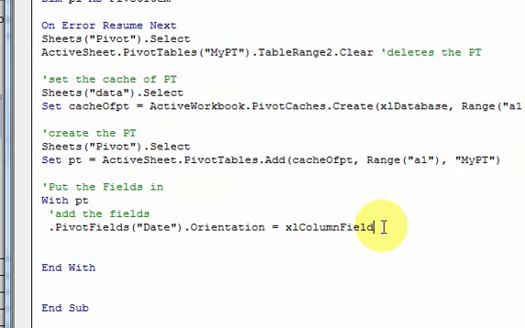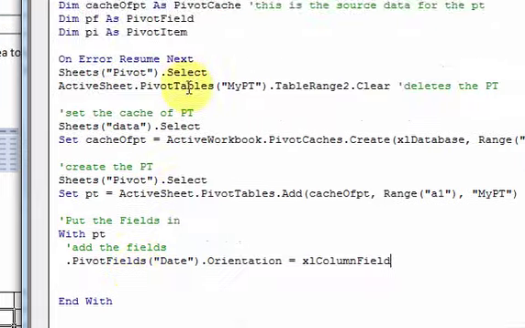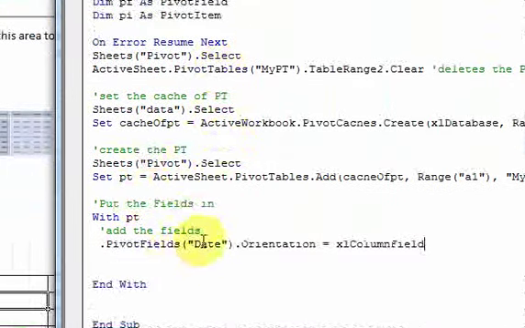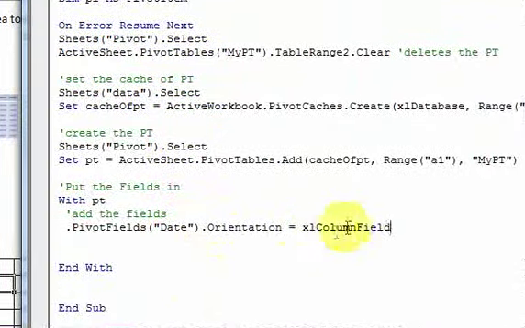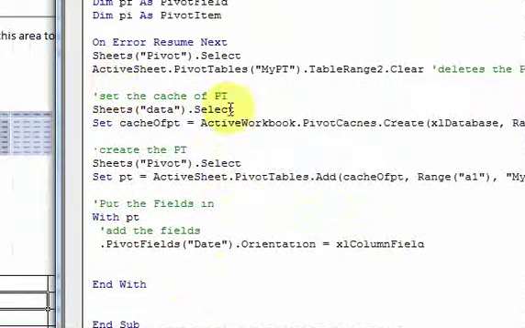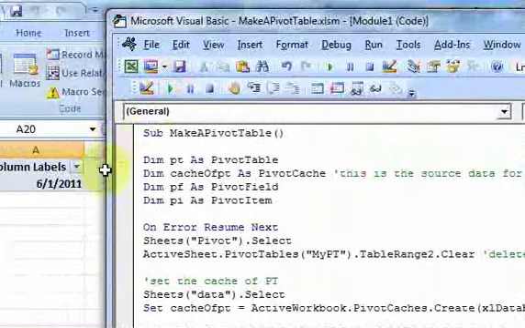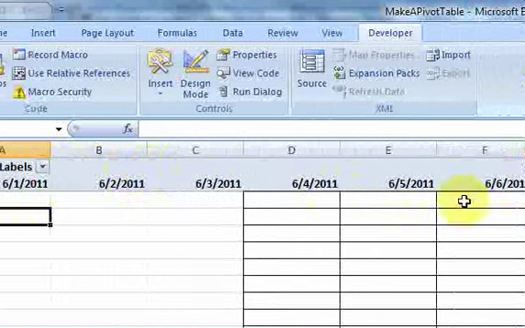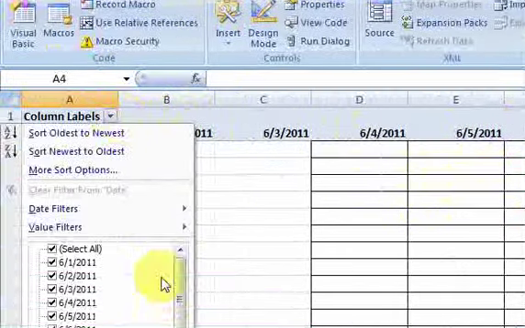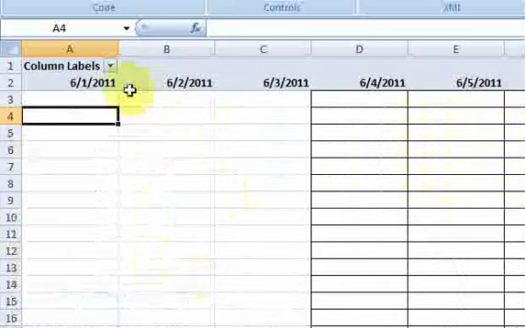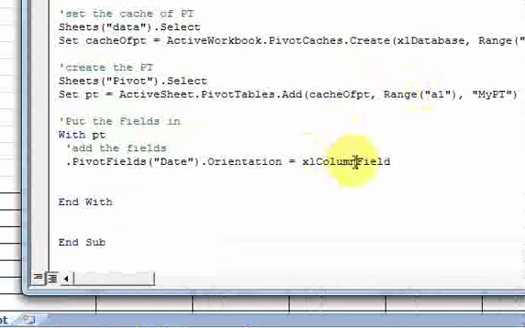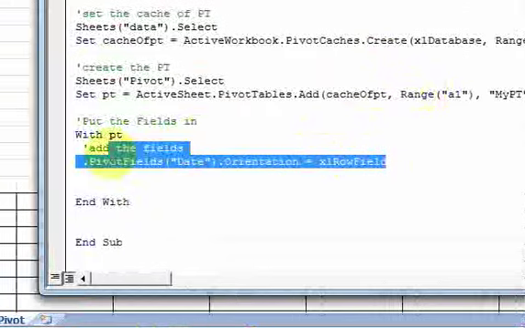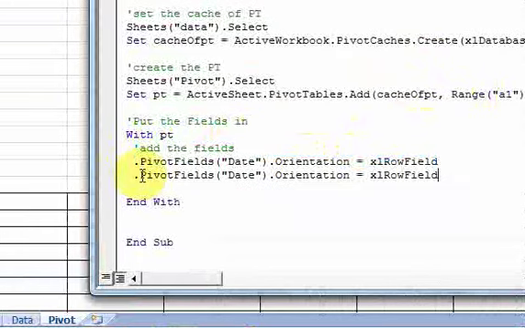So if I do this and I run it, the date field is going to go into the column field of the pivot table. So if I run it, you'll see what this means. So here's the column field, and the dates went into the column field, and you can see that. This is the pivot table. Those are all the dates, and there they go into the column field. In my case, I actually want this to be a row field because I want it to go vertical. And then for these other fields,